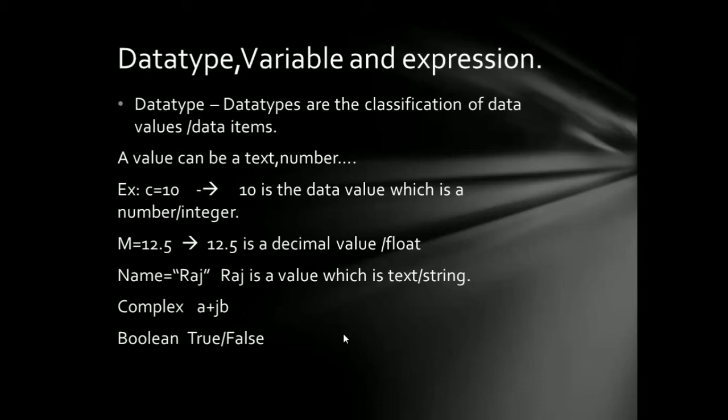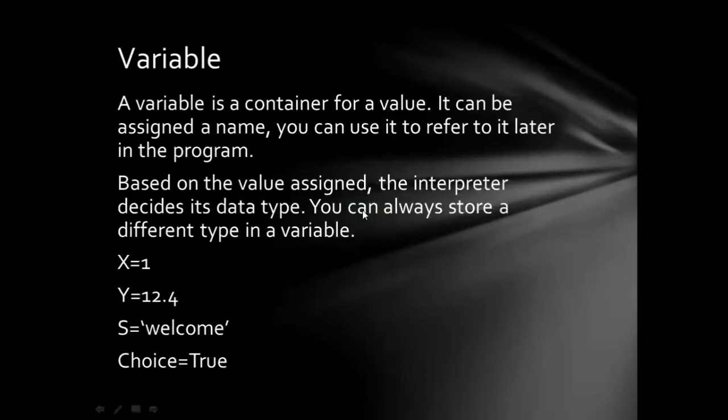So how is this data type being stored in a program? We need a container to store these values, right? The same way you store objects in some container, the values have to be stored in a container. This container is called a variable, which will have a specific name to identify what is being stored in it, so that we can refer to it later in the program. Because you name it, you will be able to use it later. Here in Python, you need not say the type; automatically the type gets assigned by itself based on the value.